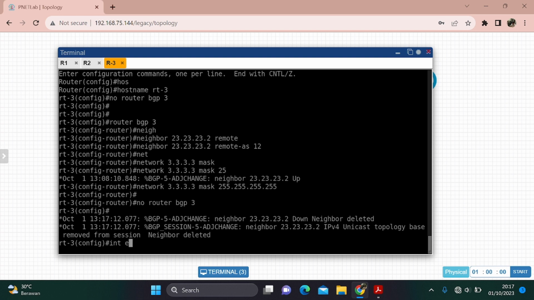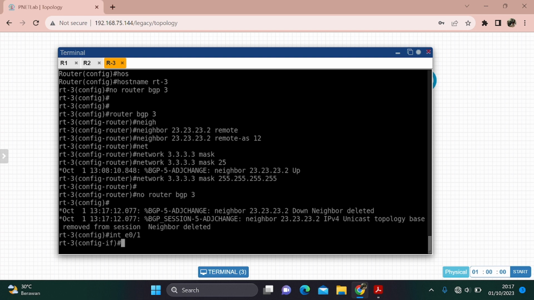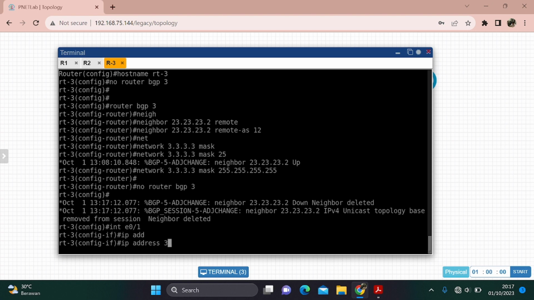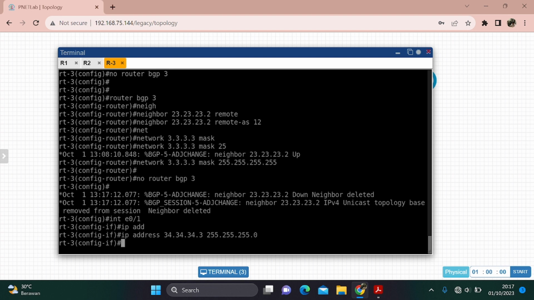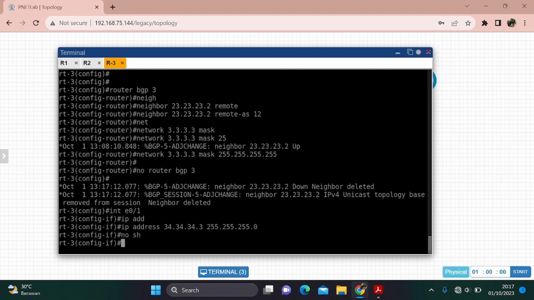Then interface, and then IP address, and no shutdown.